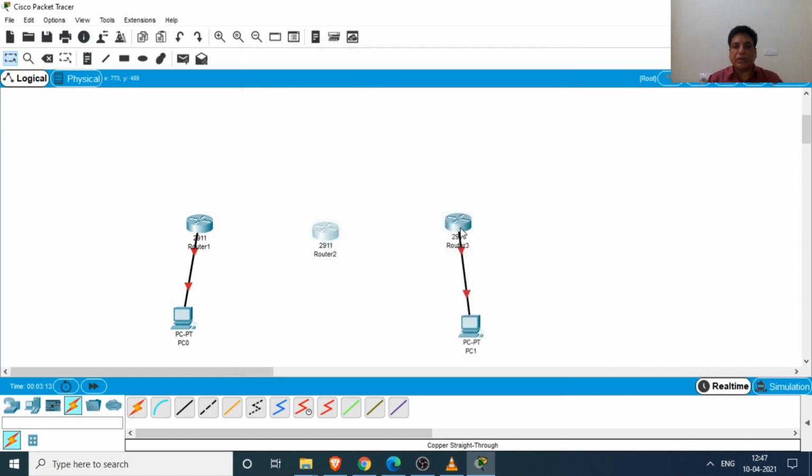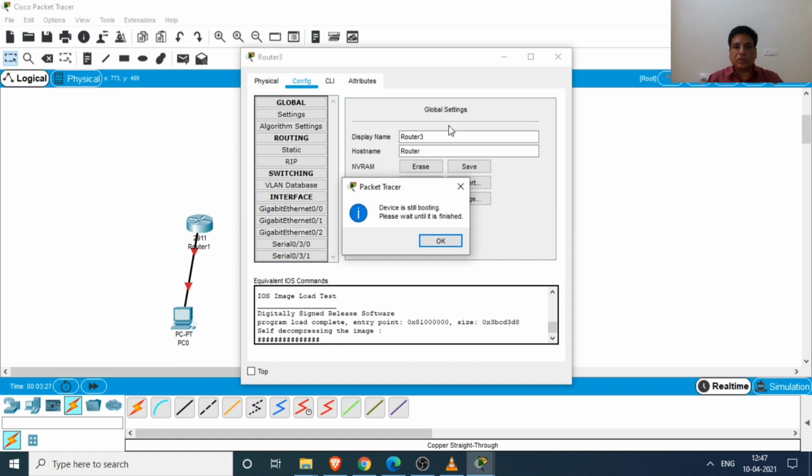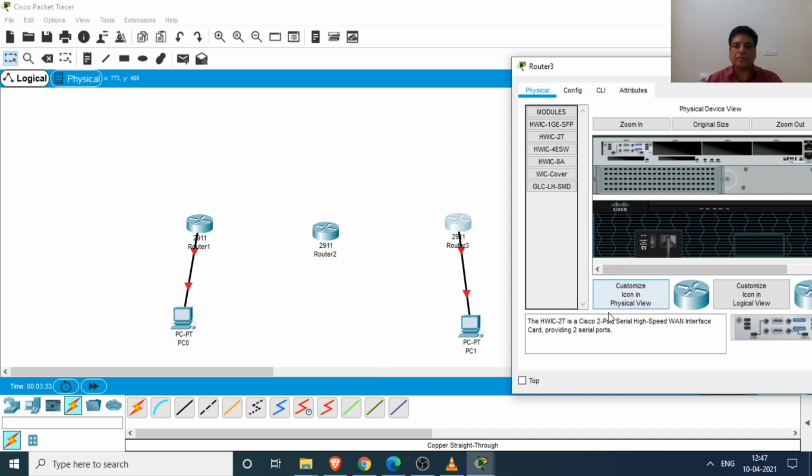Similarly in the third router, first we click on the HWIC-2T, power off, then drag the ports, then power on. So this is the method for how we insert the ports in the routers.